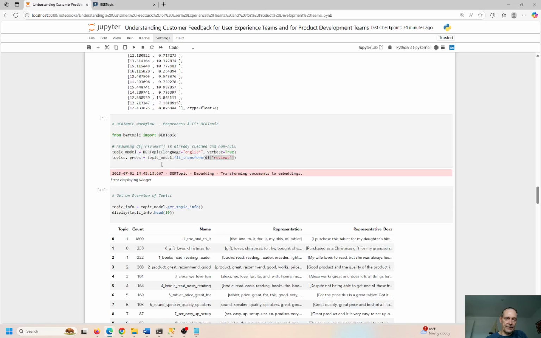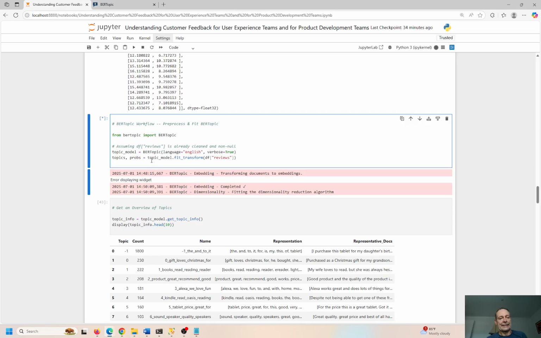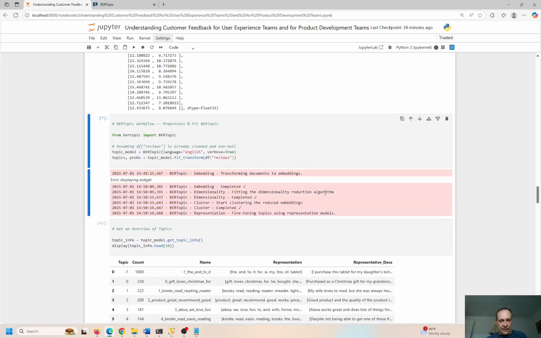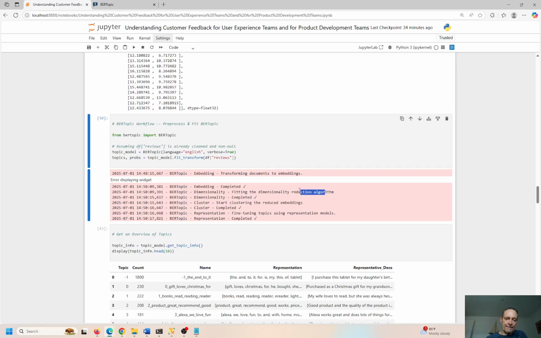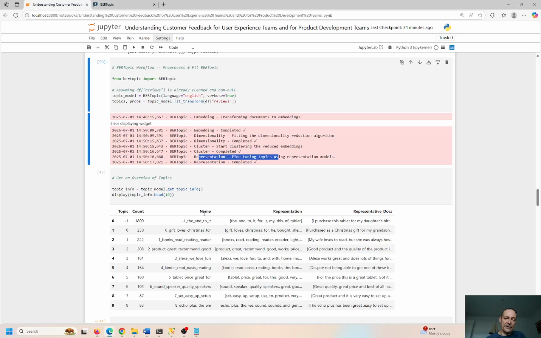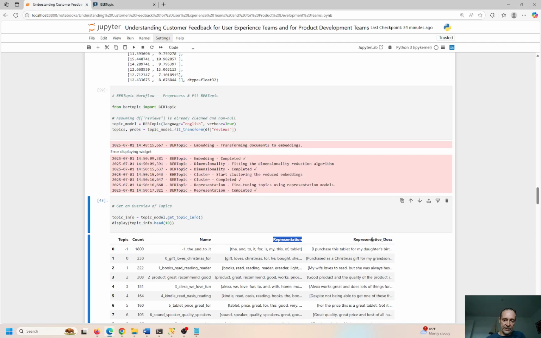So, running here, I think this should be done pretty quick. It's finishing up. Embeddings completed. Dimension reduction and clustering are running now, and then all representations are fine-tuned using topics, representing the models that you saw before, and the representation is complete. Okay, so now we have a complete list. We have the original name, the representation, which is a new column that we just created over here, and the representative documents